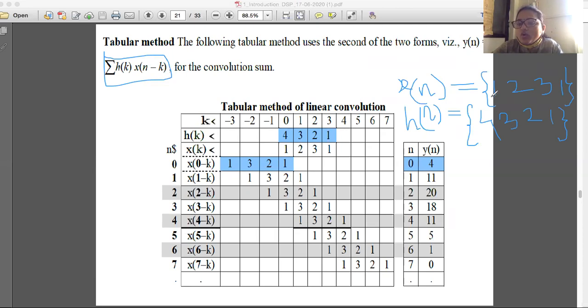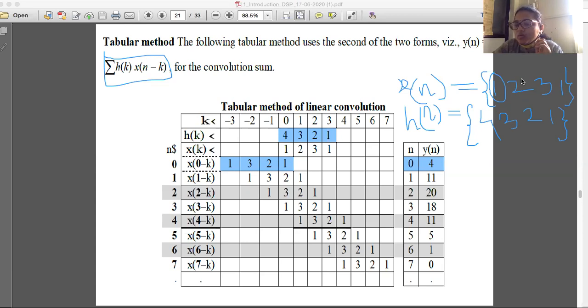Now if you observe, both the sequences have started from 0. So if I perform the folding operation on the input sequence, it will be folded around 0. The folding operation we are performing on the signal is applied around the index 0. So what exactly is folding? Whatever is on the positive side gets folded onto the negative side.